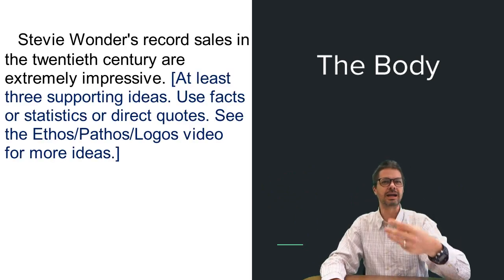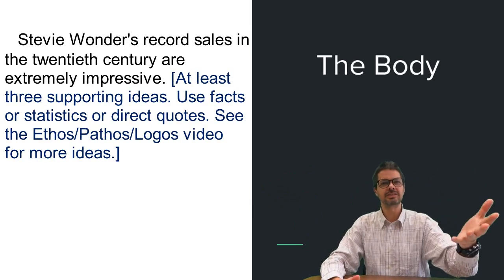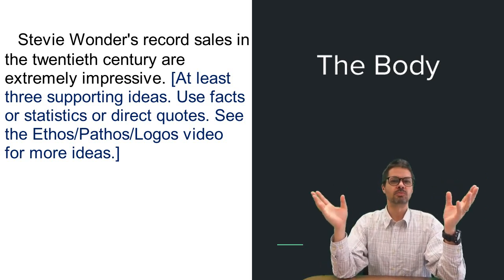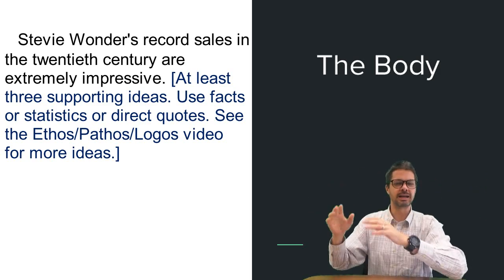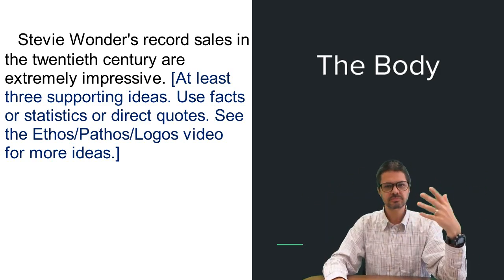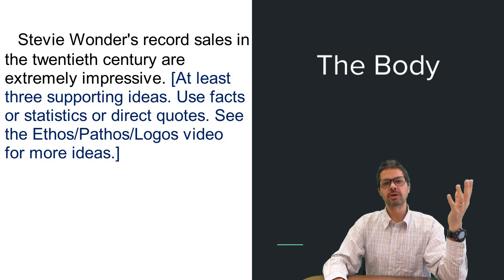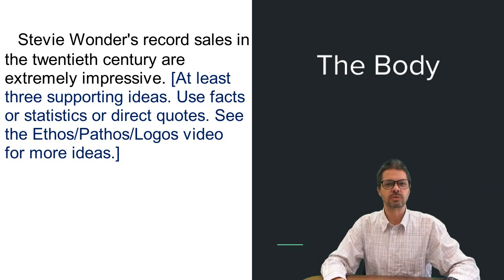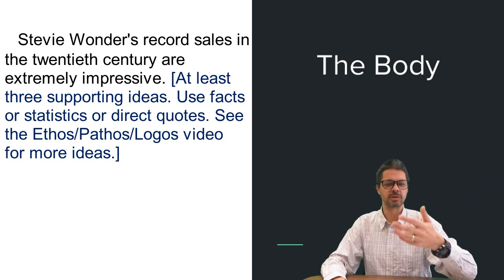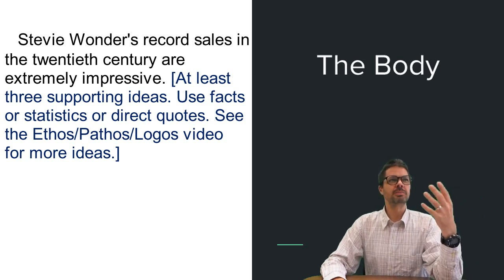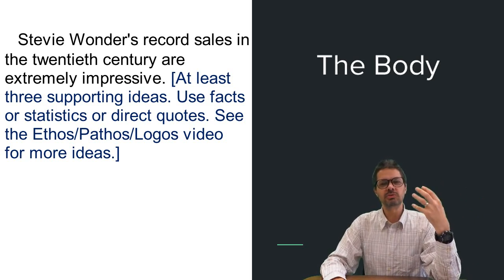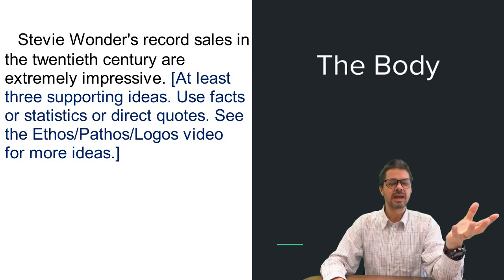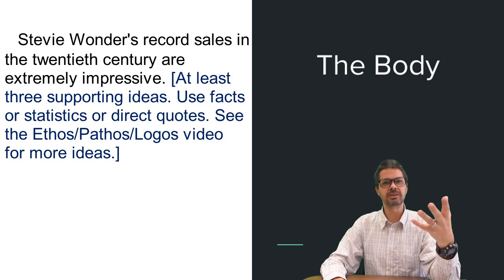We have 3 reasons why, you know. We use facts and statistics here. Remember, we want to do a quote. According to Rolling Stone magazine, blah, blah, blah, direct quote, citation, so on. He has sold over so many million albums. Direct quote to, I don't know where you would find that information, Billboard or something. Because of this amazing amount of record sales, we know that his music has reached a large number of people. It's amazing. And then the last sentence of the body, we want to be a transition.